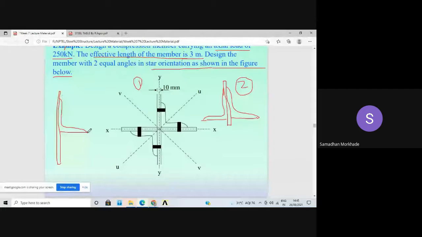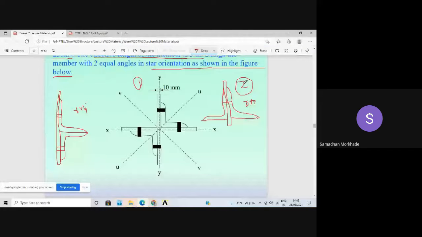This is one angle, and the analysis for both the cases we discussed just yesterday. In this case, your RXX for single sections will be your R minimum. In this case, RYY for single sections will become the minimum. We have to calculate the IXX, IYY just for completion of the examples. So this is the first case, second case, and this is the third case.